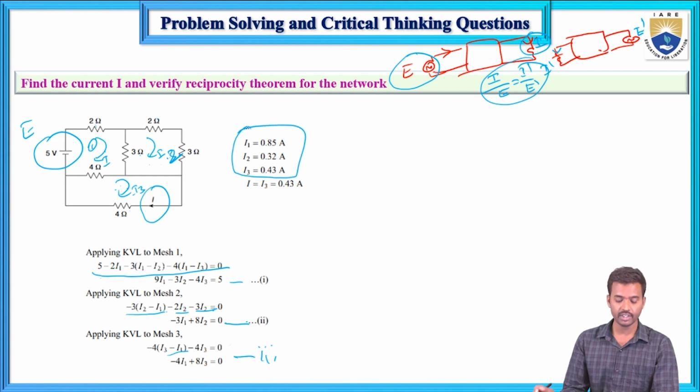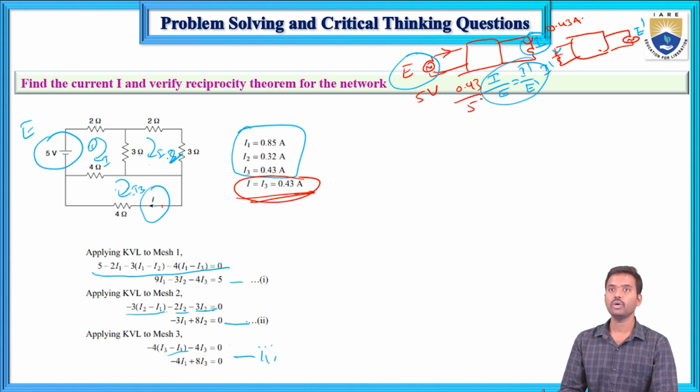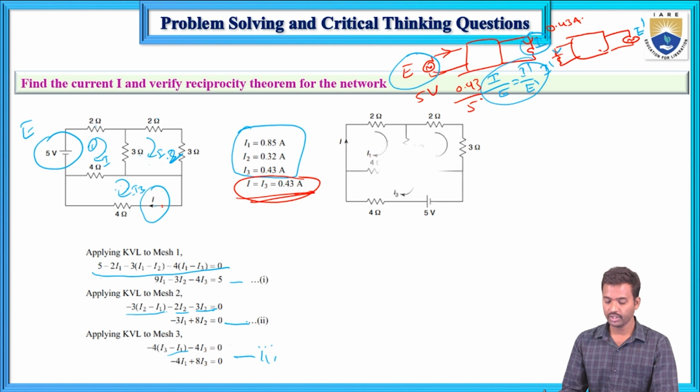But here we need this current I only. This current is I3. The I3 current is the response current. So this current is 0.43 amperes and this one is 5 ohms. Now the second circuit: when you interchange the source terminal and branch terminal,